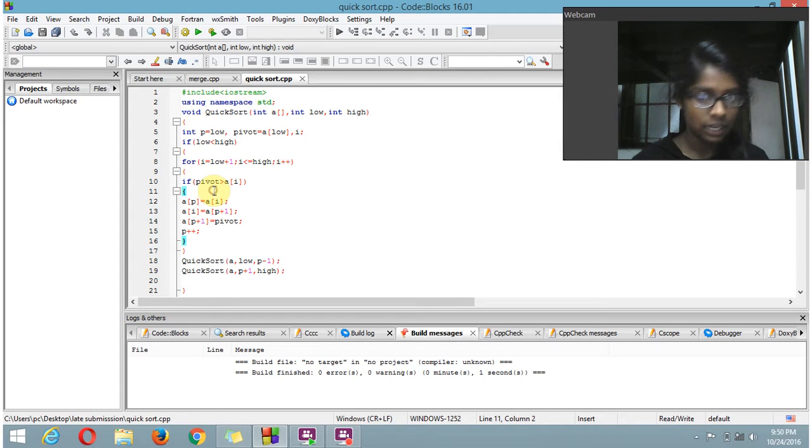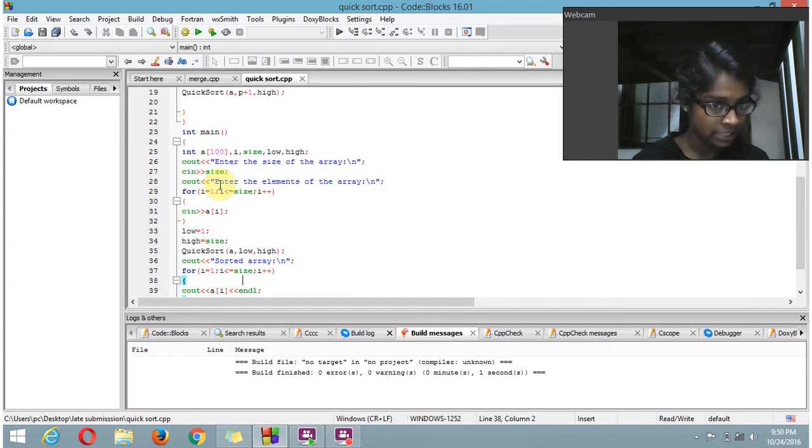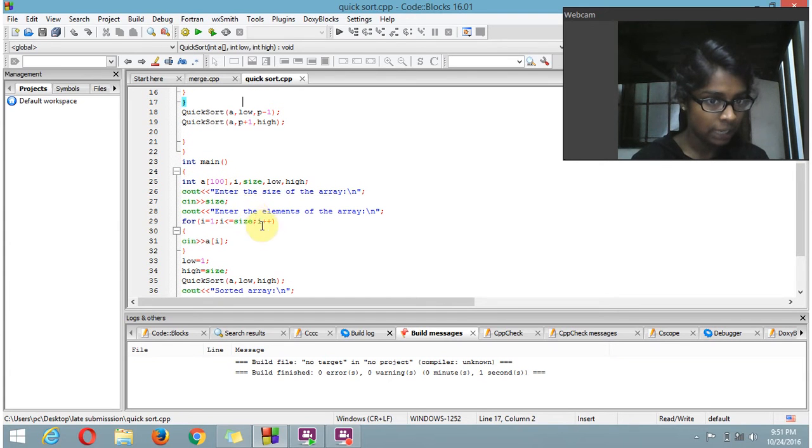And then a condition is if pivot is greater than array of i, you will have a comparing condition, that is a of p equals a of i, and then a of i should be equal to a of p plus 1, and a of p plus 1 equals pivot, then the p value should be incremented, and then you'll have the passing array here, that is the quick sort a comma low, and